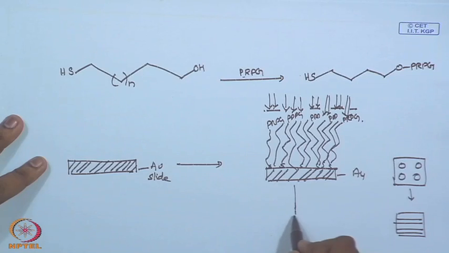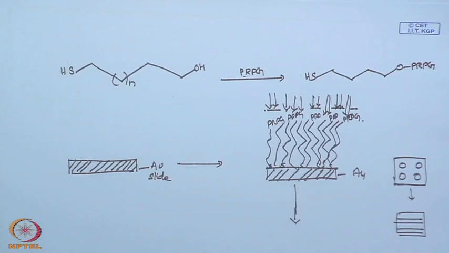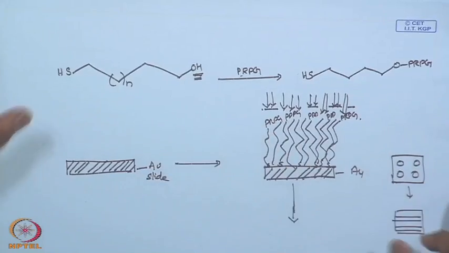Then what happens? In the area where the light gets in, what happens to your photoremoval protecting group? The photoremoval protecting group cleaves off to give you the functional group back. What was your functional group? OH, right? So wherever there was light, then you will have a SAM